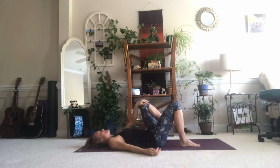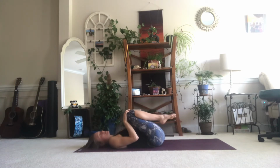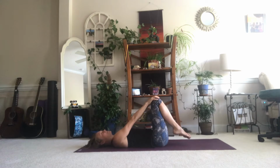So let's bring the hands to your kneecaps, holding your knees. And with an in-breath, we'll straighten the arms and take the knees away a little bit. And as you breathe out, we can bend the elbows and bring the knees back in towards you. And this shifts our awareness down towards the hips. As you inhale, your pelvis might tilt and the knees move away. And as you exhale and bring the knees back,